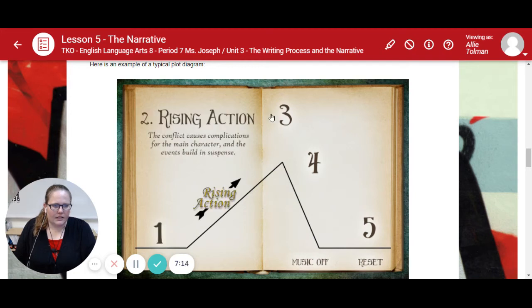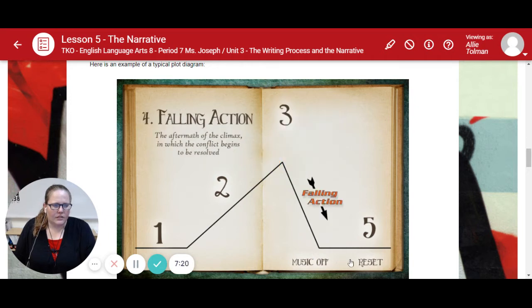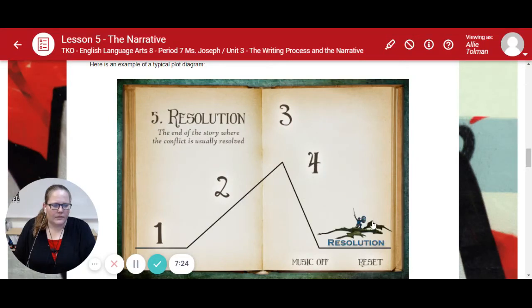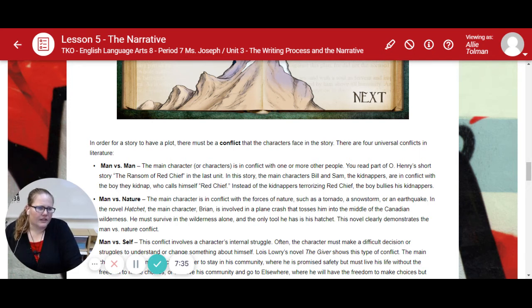Then we have our rising action. Our climax is up here. Our falling action. And our resolution. Ta-da! All right. So in order for a story to have a plot, there must be a conflict that the